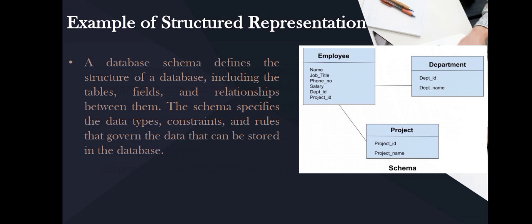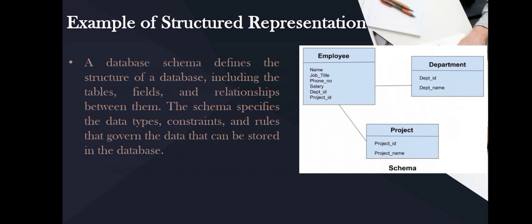A database schema defines the structure of database, including tables, fields, and relationship between them. The schema specifies the data types, constraints, and rules that govern the data that can be stored in a database. For example, consider a database used to manage a company's employee information. The database schema will define the tables to store employee information such as name, job, phone number, department ID,